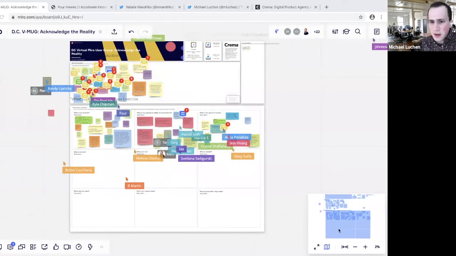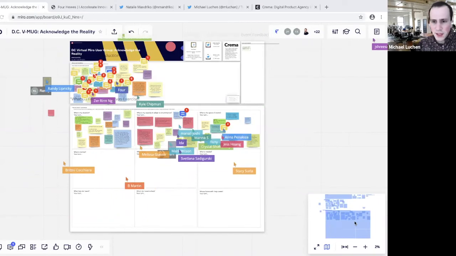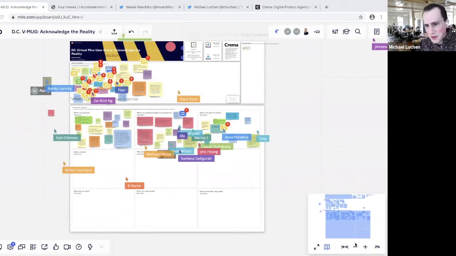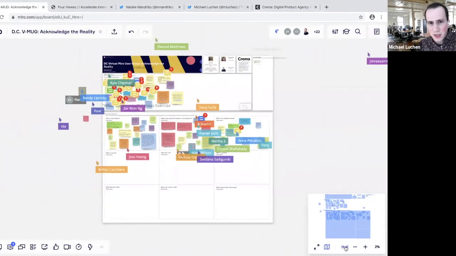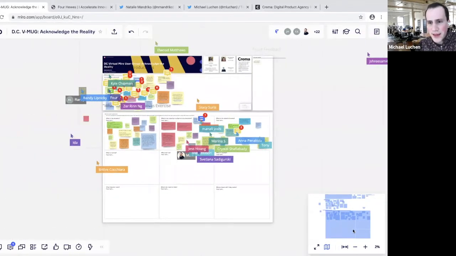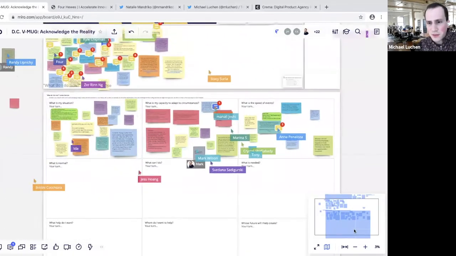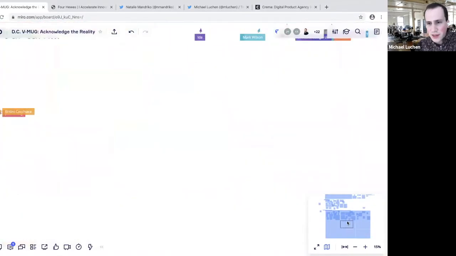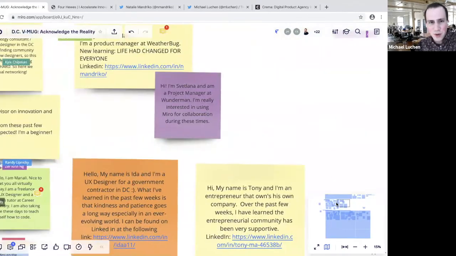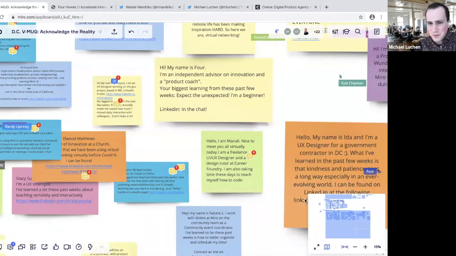And then also down here in this little map corner, there's a little mini map for Miro, so you can actually use this to manually zoom in, zoom out. If you want to just see the width of the board, you can do that. And one of my favorite tricks is, if you're zoomed in and you want to get somewhere close quickly on the board, you can drag this little square and quickly go wherever you want.